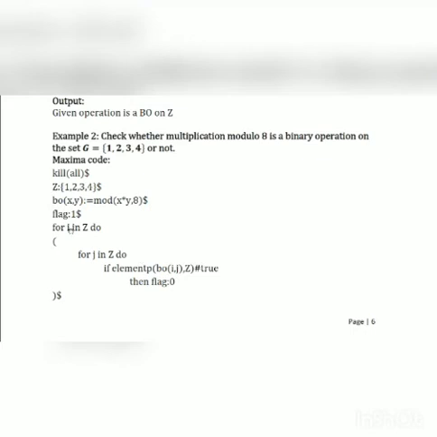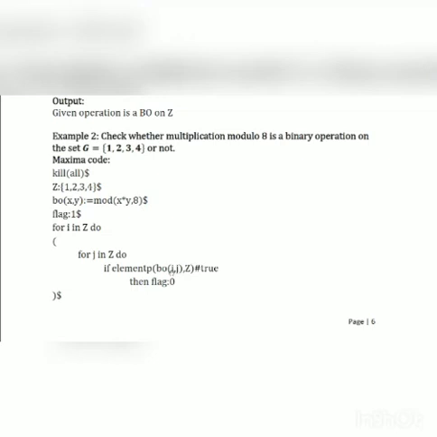Then I is 2, j takes 2. 2 into 2 is 4. Again, it is in Z, the flag takes 1. Then I will be 2 only, but j will take 3. So 2 into 3 is 6, and modulo 8, it is 6 only. But 6 is not in this set. Right?